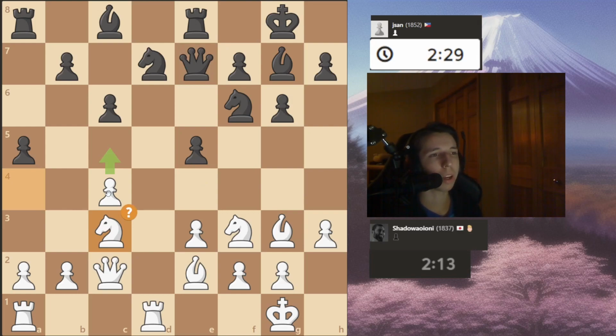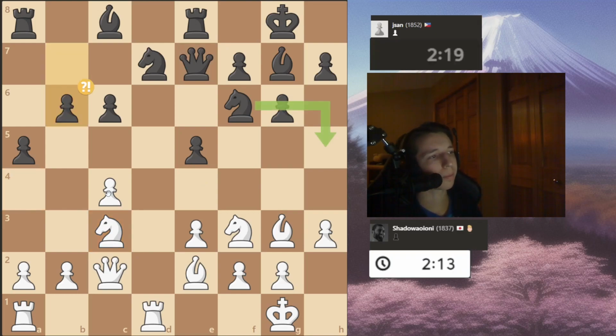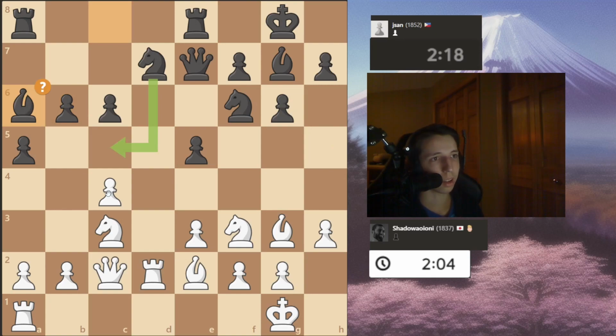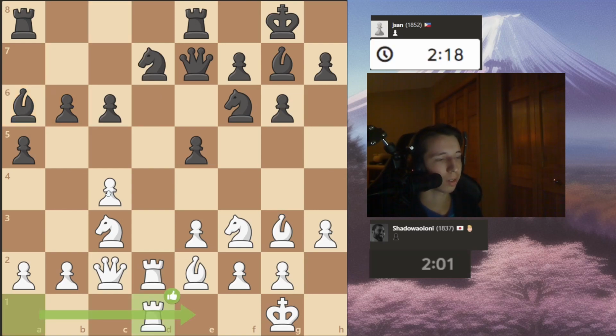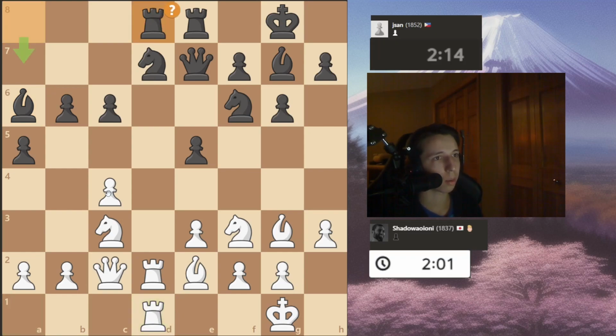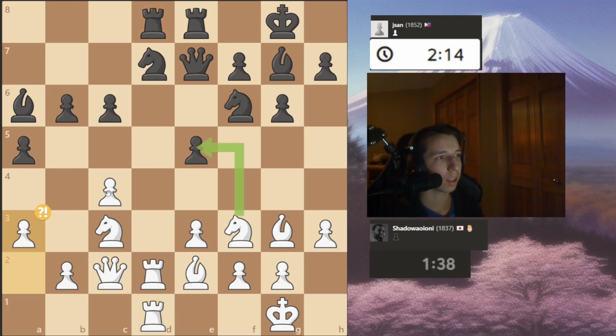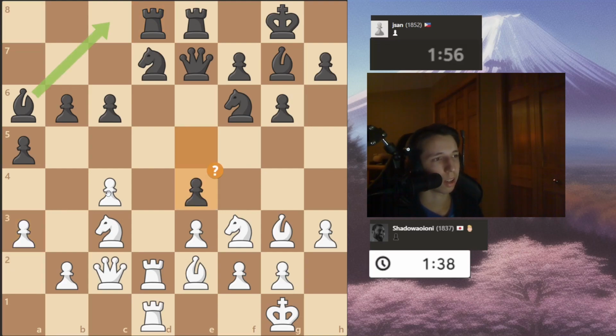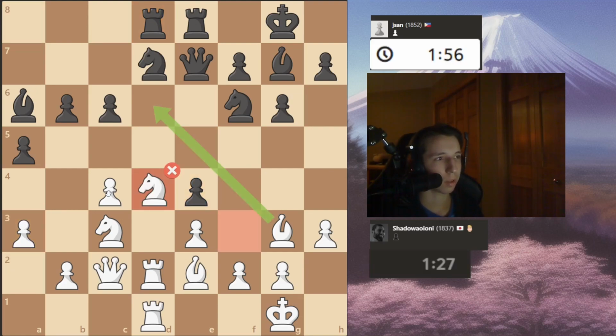Of course, I move back because I want to have my knight in the center. Still have a small advantage here, even though Stockfish said it was a mistake. So take the Stockfish mistakes with a grain of salt. Yep, okay, just wanted to double here. Yeah, that move looked wrong to me. I was correct. I thought I calculated this to be wrong, but